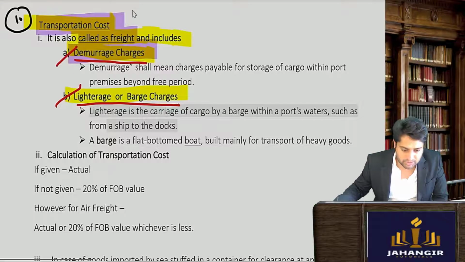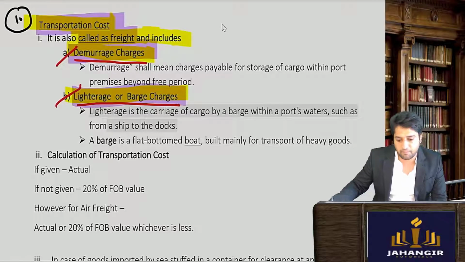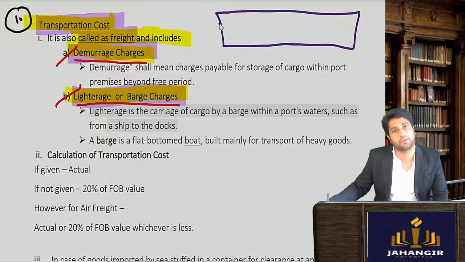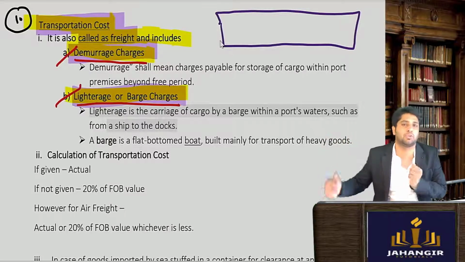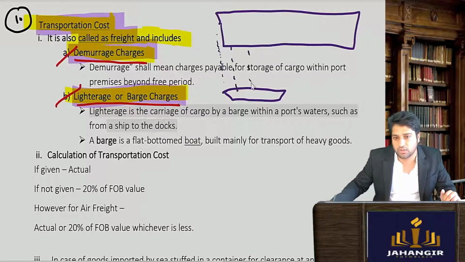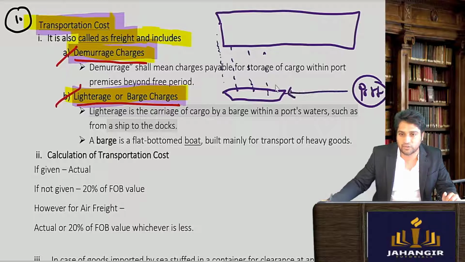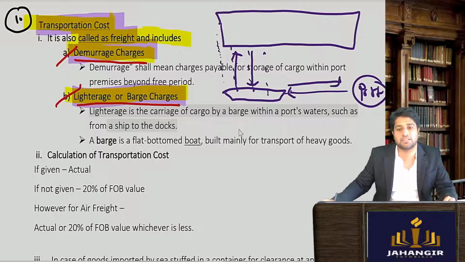And barge charges. Now what is a barge? You must have seen that many times really big boats are there. They cannot come to the port because really big boats can't come to the shore. So what do they do? There are some smaller boats, you must have seen that the cargo is dropped onto these small boats, and then this is taken to the port. It will drop it to the port and then again go and get the goods, then again it will come here and drop it to the port. So this is called a barge.